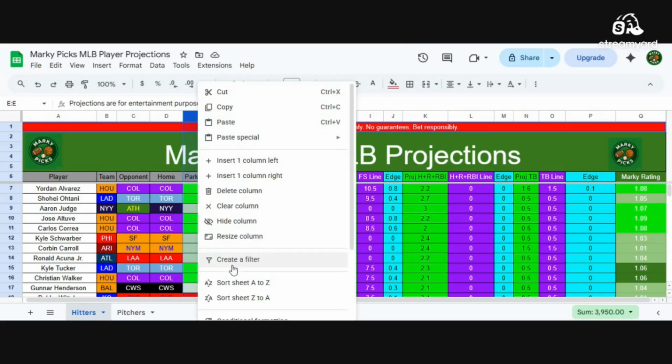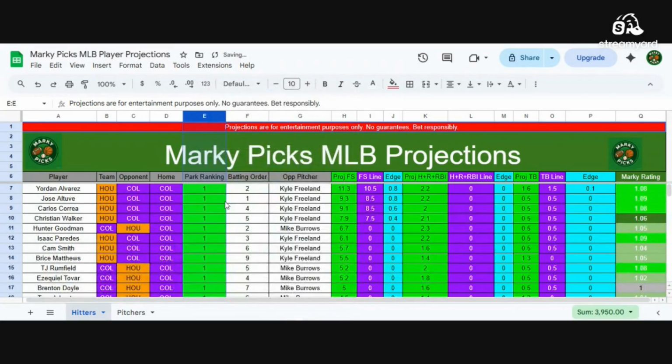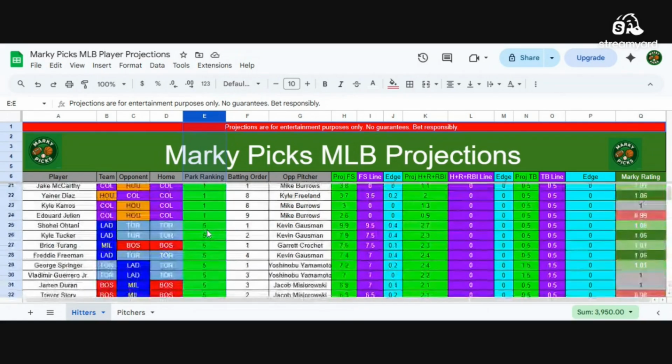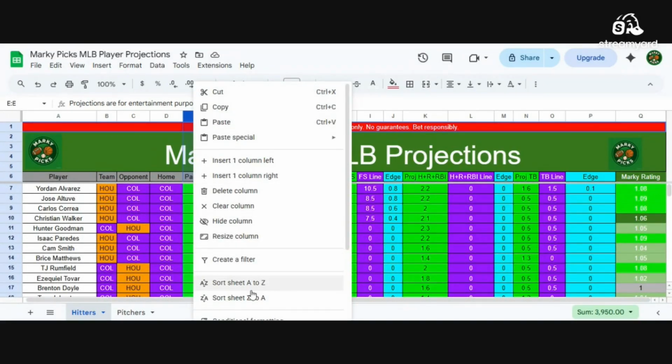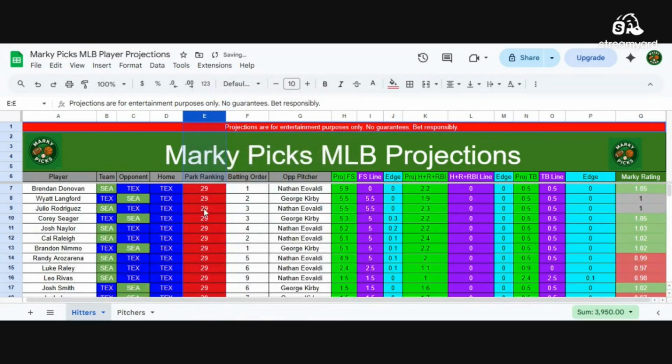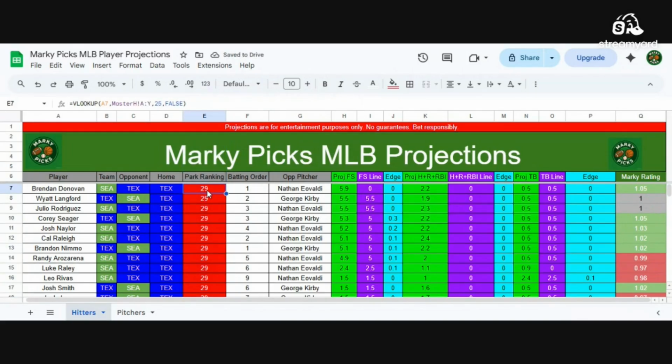You can right-click it and hit sort A to Z or Z to A. Either way you guys want to do it. If you go A to Z, it'll sort all the top hitter parks for that day, and vice versa. You guys can see if you go Z to A, it'll show you the worst hitting stadiums for